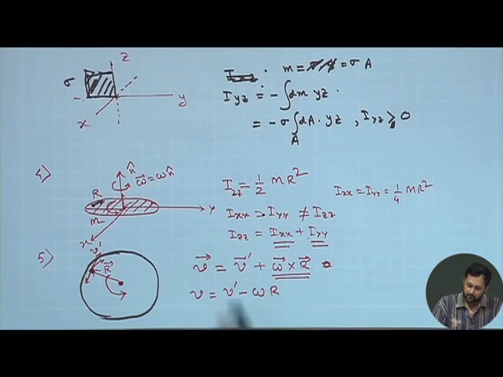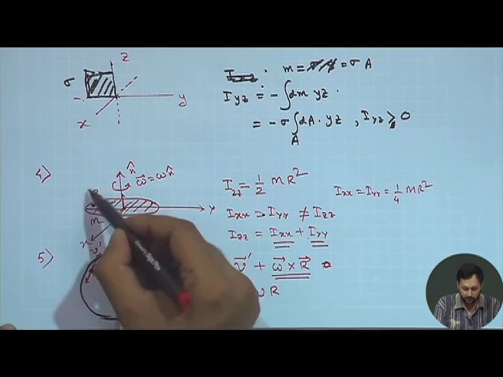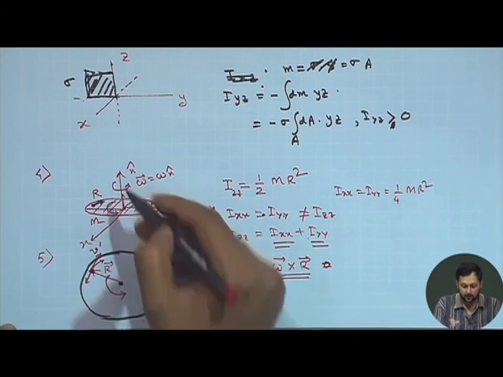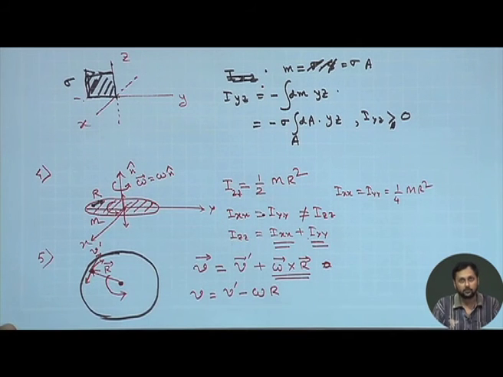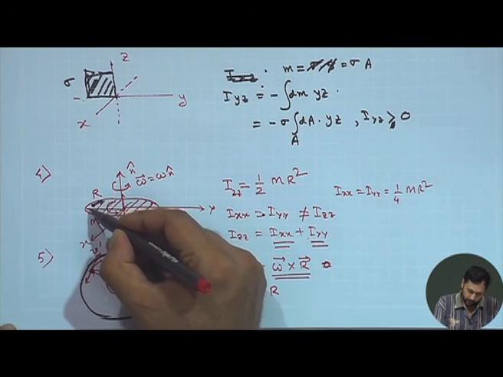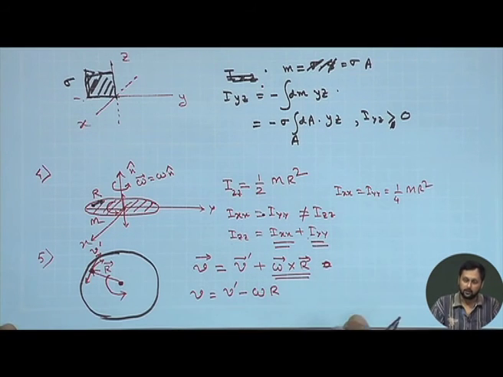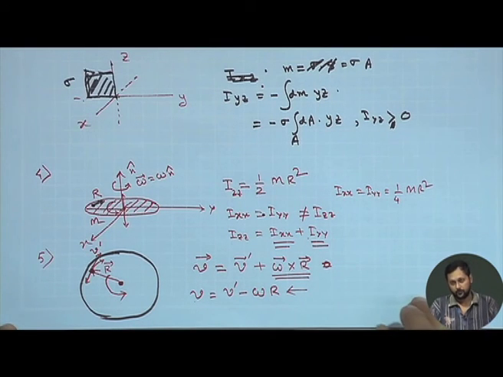Okay. Try thinking of it in this way. Let us assume that the fly is moving in anti-clockwise direction. That means the disk is rotating in clockwise direction. That means omega will be pointing downwards in that case. Once again you calculate omega cross r, you will see that if the fly's movement is in this direction, then omega cross r is in this direction. So whatever you do, you will get v equal to v prime minus omega r. This is the scalar equation, right? So this is one thing.